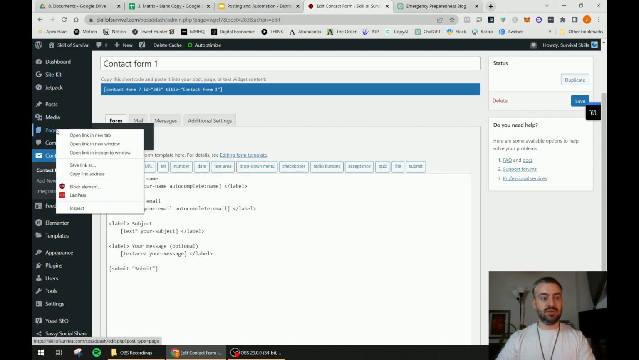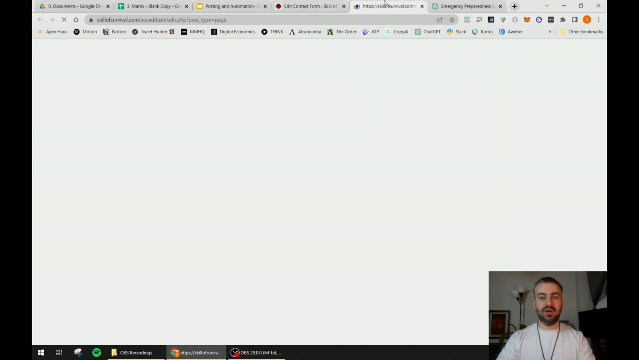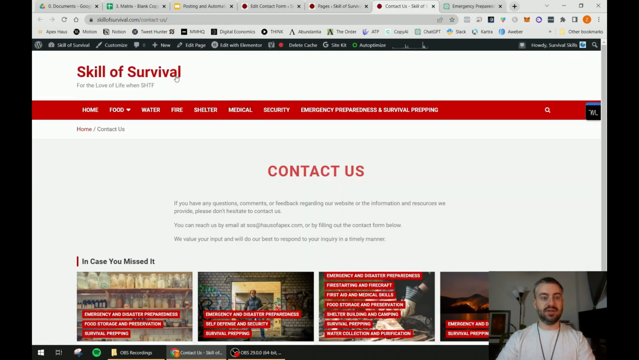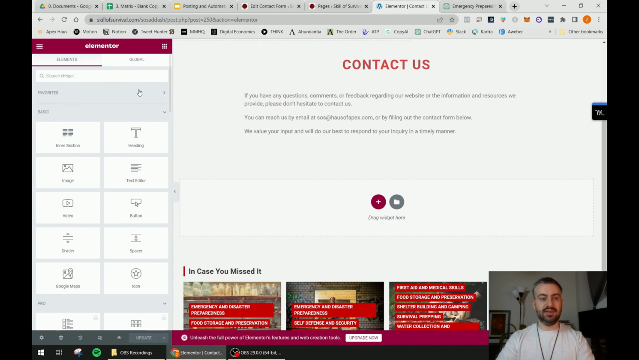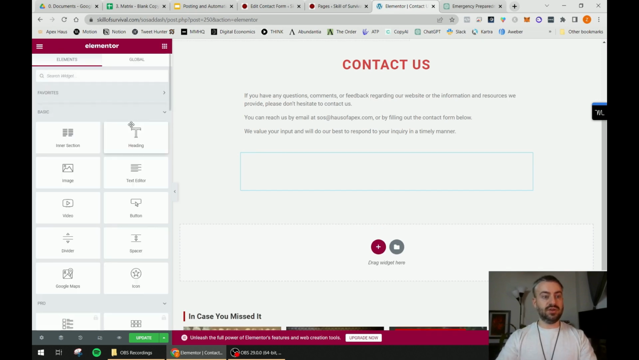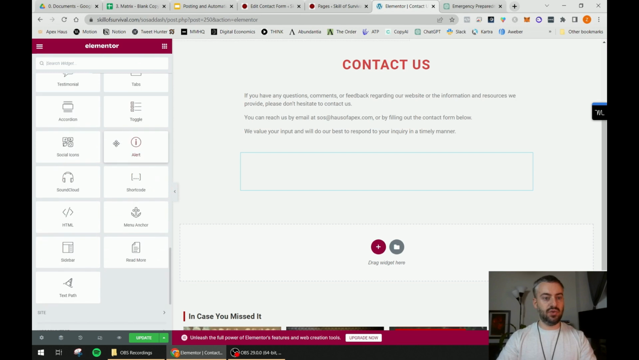And actually, I'm going to open up pages in a new tab. And I'm going to go back to our contact us page. I'm going to click view. So here's our contact us page. I'm going to click edit with Elementor. I also just realized that these templates do not have the spacer at the bottom, so I'm going to add that spacer again. But we're also going to come back to our elements, and I'm going to scroll down to